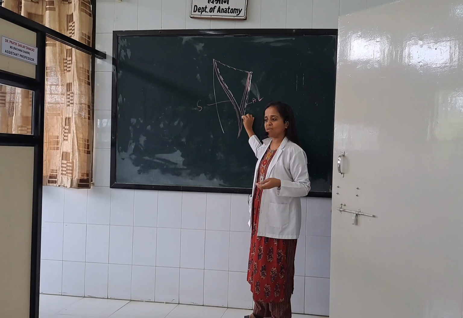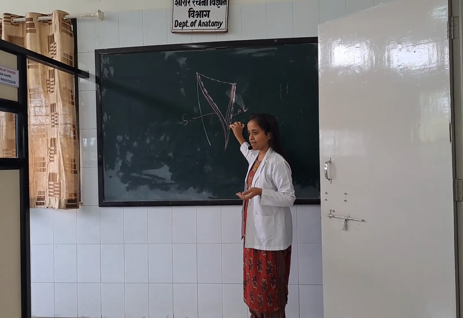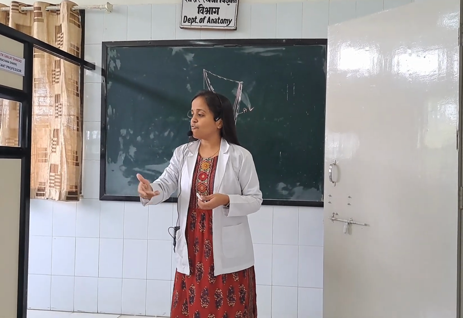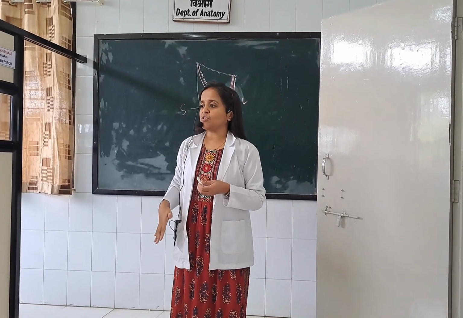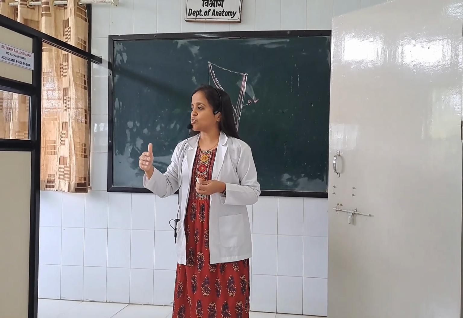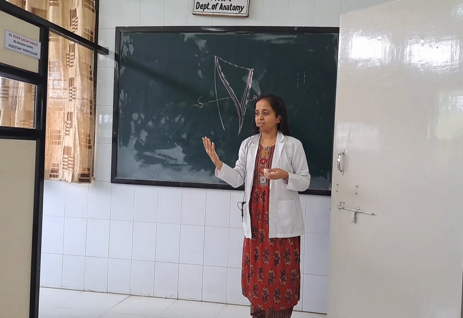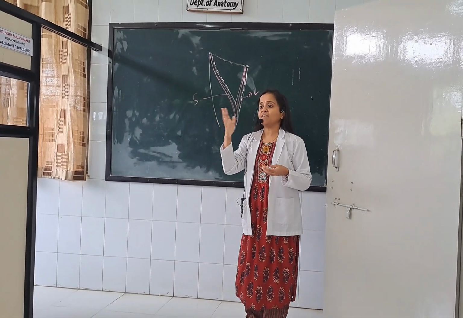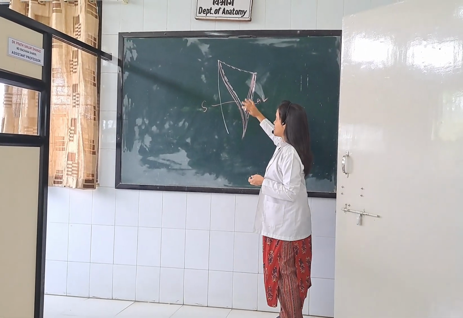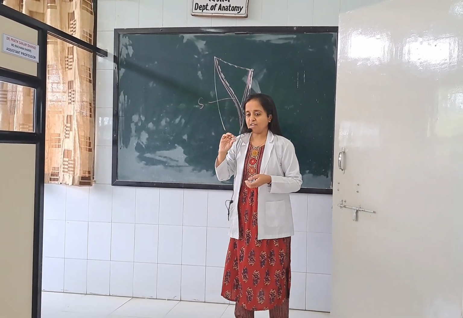The apex is directed downwards towards the knee, right? Upper part of the knee, and on the medial side. This is the apex. Now we will see two more parts of the femoral triangle, that is the roof and the floor. Now the roof means the structure which we can see, that is the anterior side of the thigh, which is formed by the skin, superficial fascia and the deep fascia, right? So once we take an incision and open up the roof of the femoral triangle, then we will be able to see all the contents of the femoral triangle, right? So that is the roof. So the roof is formed by skin, superficial fascia and the deep fascia.